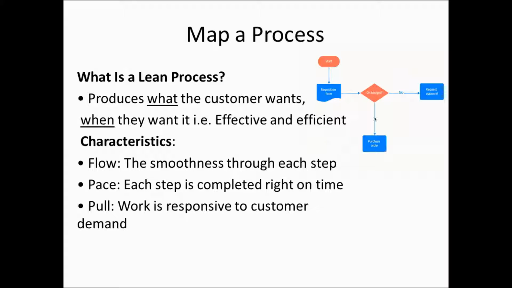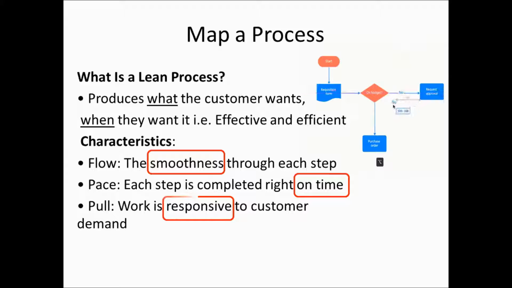What about the process map? The lean process produces what the customer needs when it is needed. As we have said, to be effective, we have a goal that we will produce exactly what the customer needs and when it is needed. To be efficient, we will think about the smoothness of each step. We will think about every step being completed right in time, and we are going to think